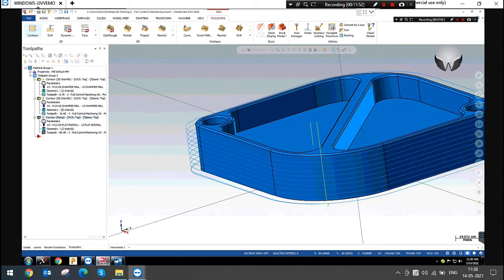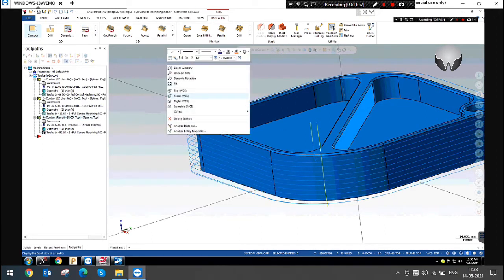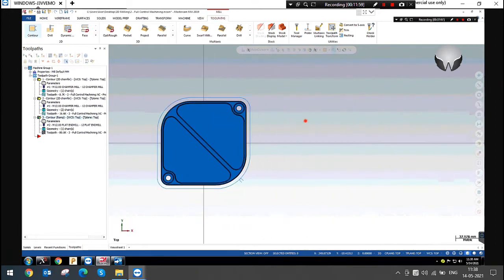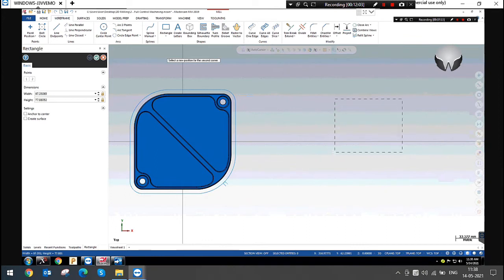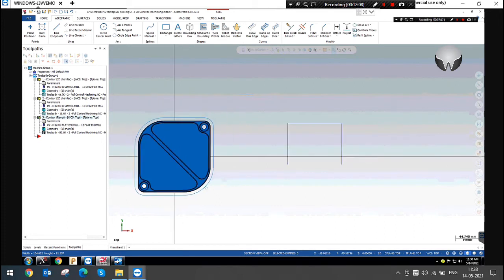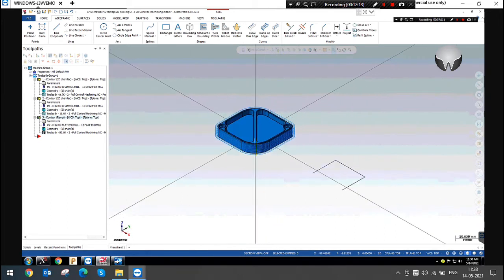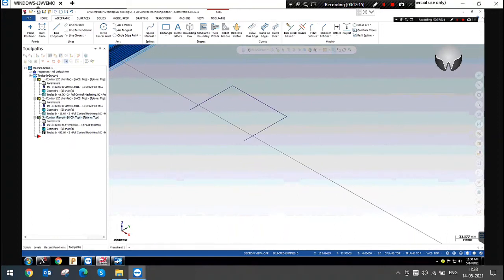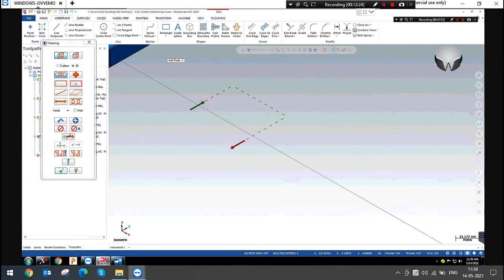Next, one way ramping for open contour. If we have an open contour like this, it's not going zigzag. Right click, rechain all. I'm just selecting this.